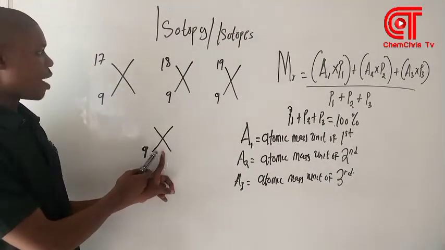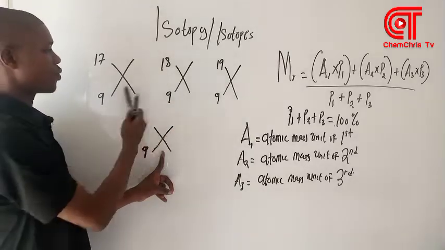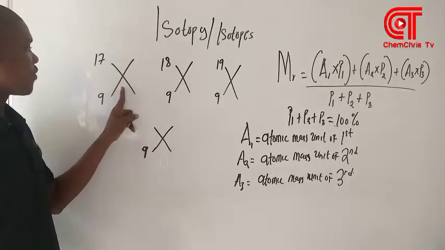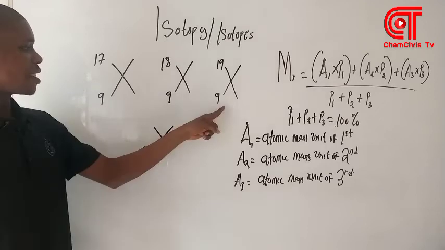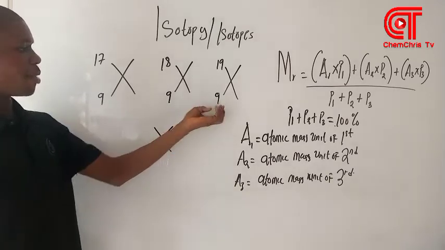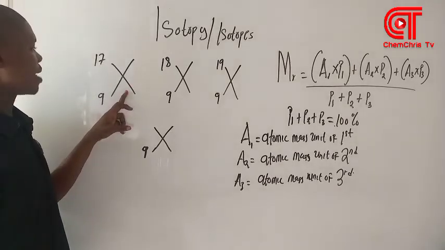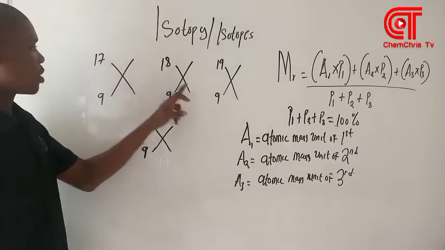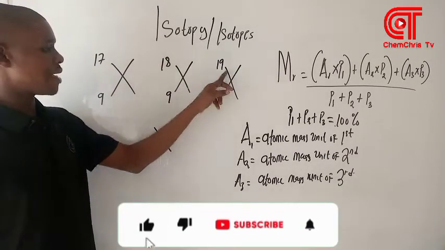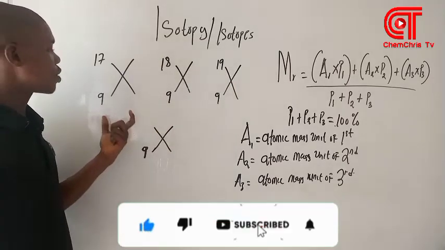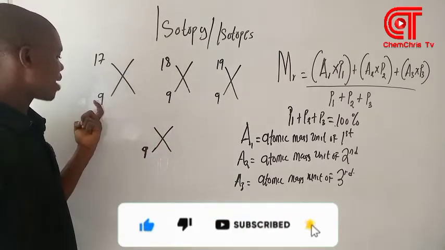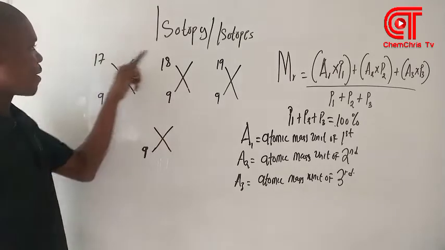Now consider an element X. X has three isotopes. These isotopes have the same atomic number, or proton number. But if you look at the mass number, this one is 17, this one is 18, and this one is 19. So the phenomenon whereby atoms of the same element have the same atomic number but different mass number